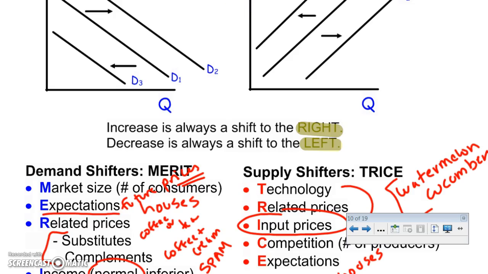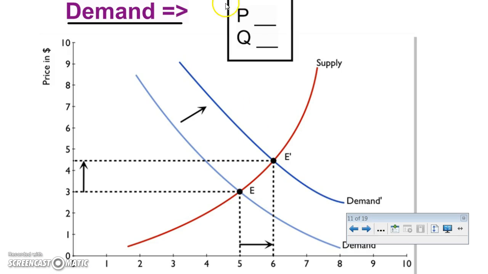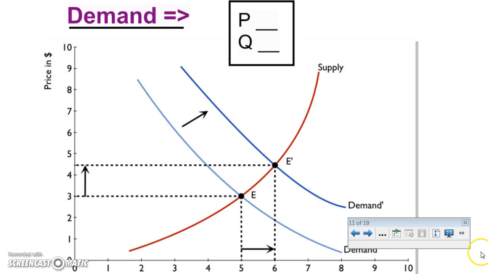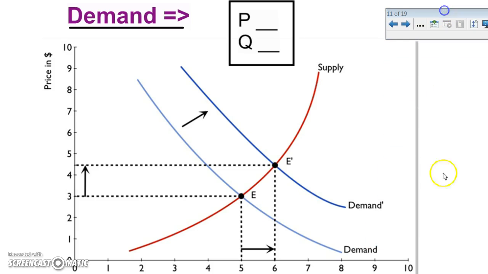This is the last screen that we were looking at in class when we were talking about the demand and supply shifters. Next, we'll look at what happens to equilibrium price and quantity when there's a shift in either demand or supply. So if you look at this particular slide, what you see is that there has been a shift in demand. So we start at this demand right here, and we have an equilibrium price of 3 and an